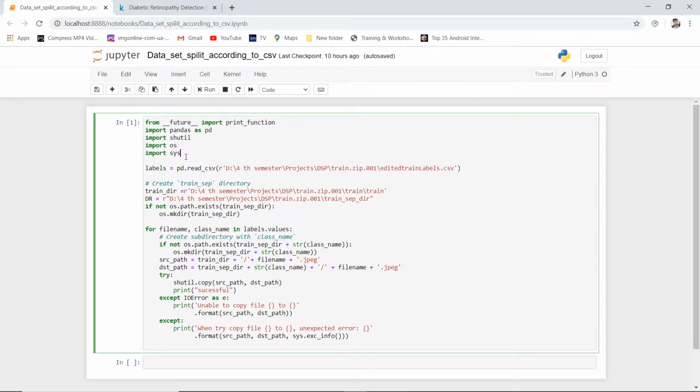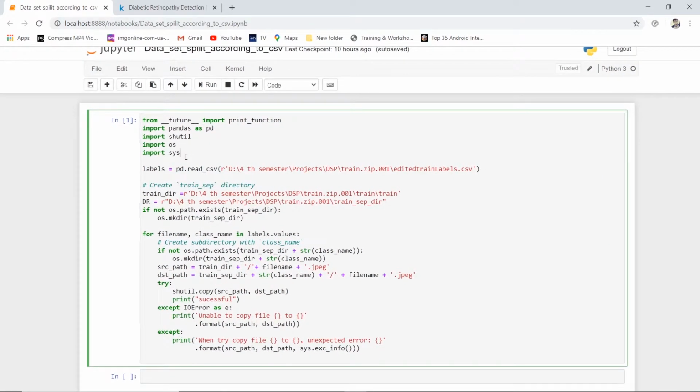I will be telling where you need to change the path, and your data splitting will happen. That's it. You need not worry. You need not understand everything in this, because your main motive is not how to divide, right? If the dataset is divided before, you are happy. If not, you need to divide it, but manually it takes a lot of time, so we are using this code.